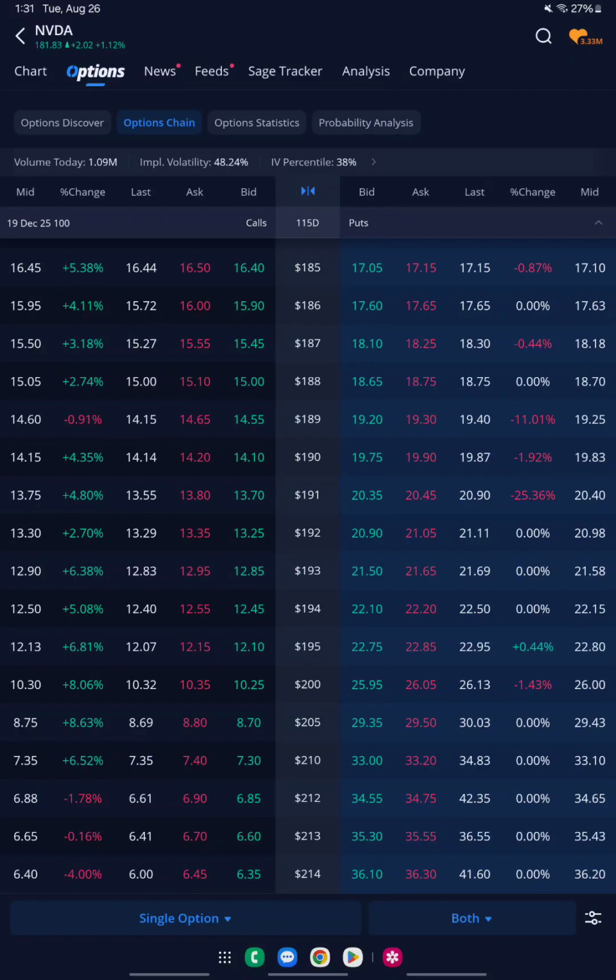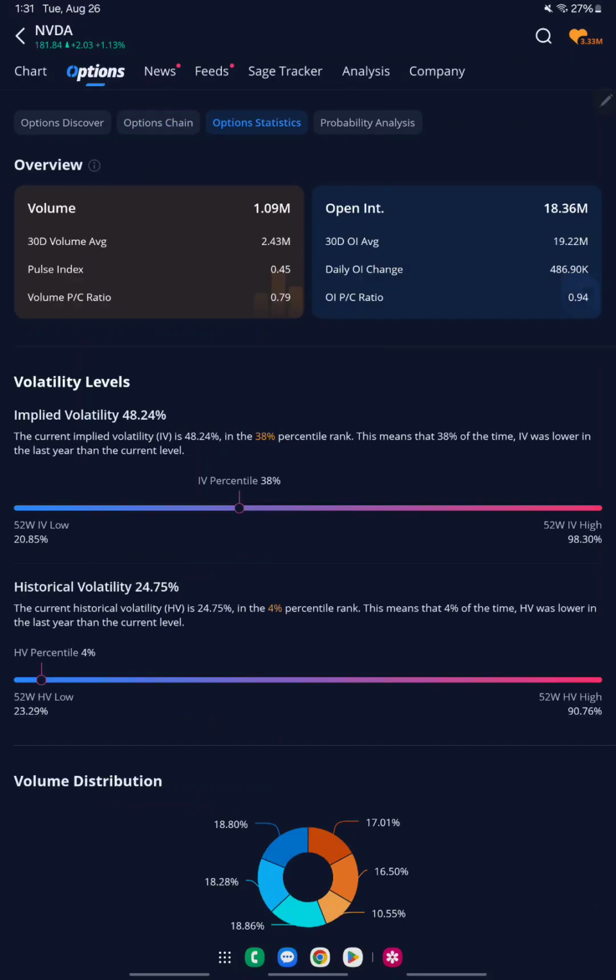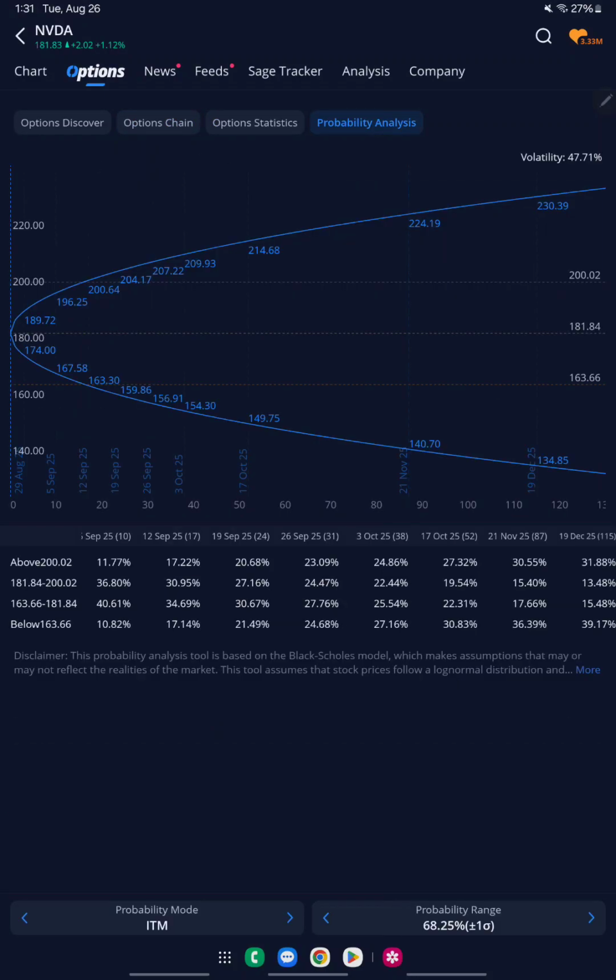That's a lot for just a difference of 1% in probability of success. That's what it's showing here. So 1.3% in probability of success. This is a practical application of how to go about using the probability analysis